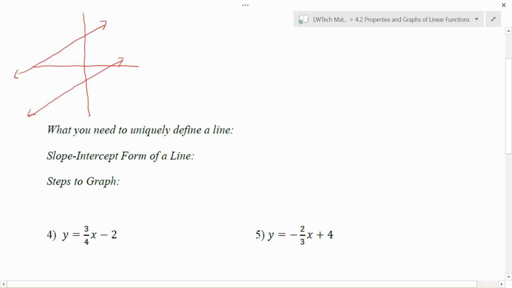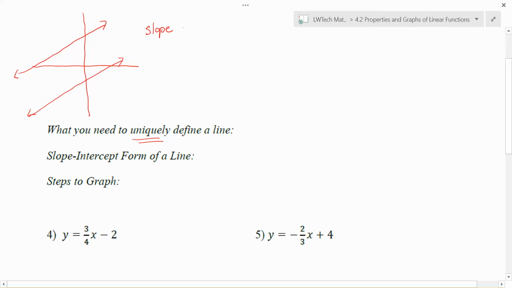From a mathematical perspective, these two are what we call parallel lines. Same steepness, but not actually the same line, and they never end up crossing. So the slope itself, while a super important characteristic, is not enough to what we call uniquely define a line. It will tell you an important characteristic, but not enough to just say this is exactly the line that I'm